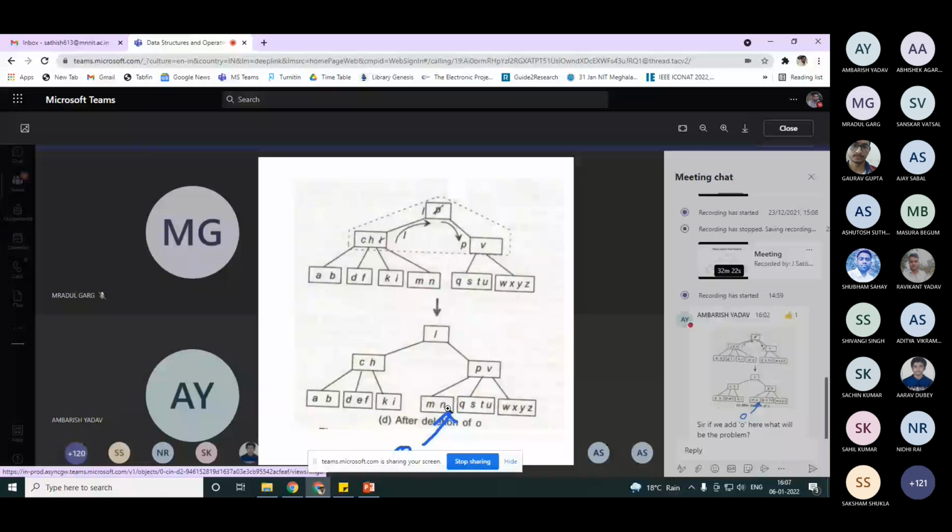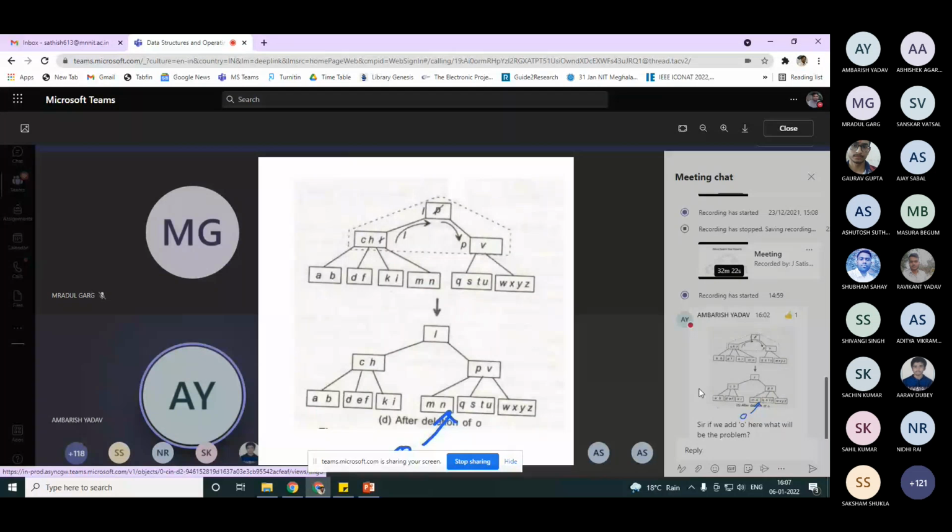There is nothing wrong in that. But the problem comes when you count the number of children towards the left child and the right child, then you have to make sure that the tree is balanced. That is balanced also.